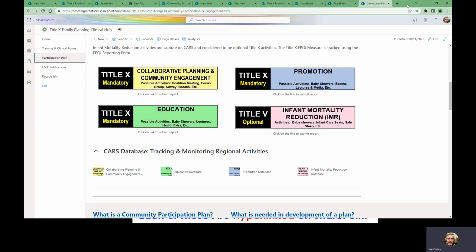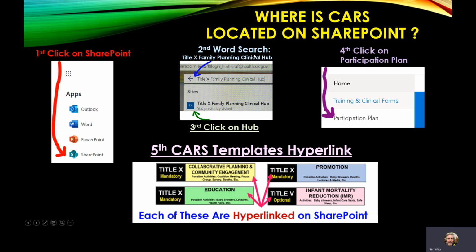Okay, so now let's hide this and we'll come back to this slide. And basically, we've just gone through it in real life, but this is to help you remember how to get there. These are not hyperlinks, but this fifth one is a hyperlink so that you can play with this slide if you want to. So again, this is assuming that you already know how to get into Microsoft Cloud. So once you're there, click on